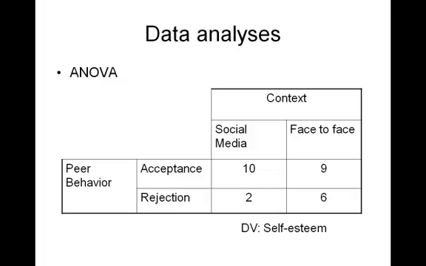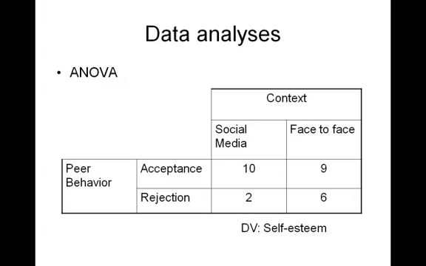I would use an ANOVA to look at this, right? So I've got two variables, one the context and the other peer behavior. So it's a 2x2 ANOVA, and I have kind of an expected pattern of results, just kind of making up some numbers to give the reader an idea. And I would say, these aren't the exact numbers I would expect, but to give you an idea that I expect when looking at this table,